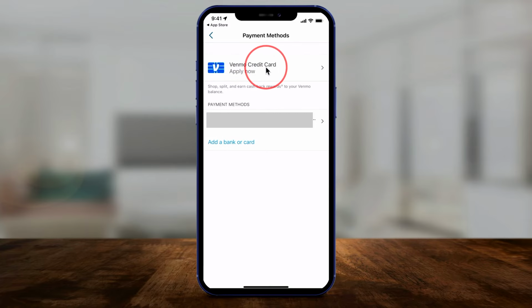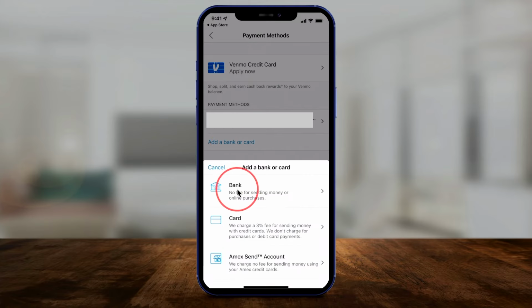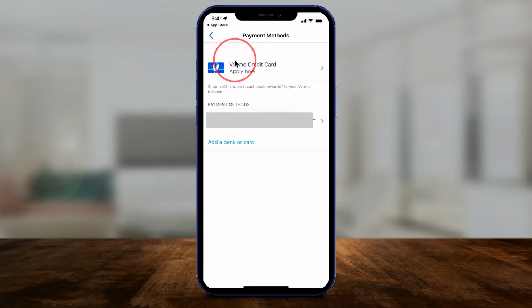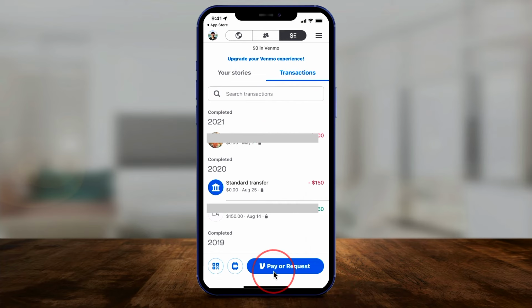Recently, they added Venmo credit card, which you could apply right here too. And if you select add a bank, you could add your bank, no fees for sending money or purchases online. You could add a credit card. This will have a 3% fee, which is standard, and you have the Amex Send account. So link one of these. You need at least one here. And I've already linked my bank account here as a payment method because it's completely free when you link a checking account, for example. So now if I go back here, I could go to pay and request,